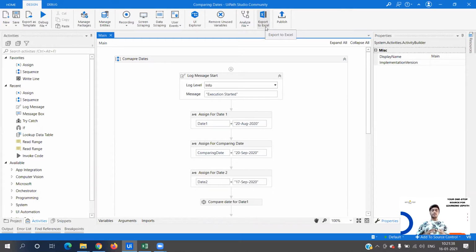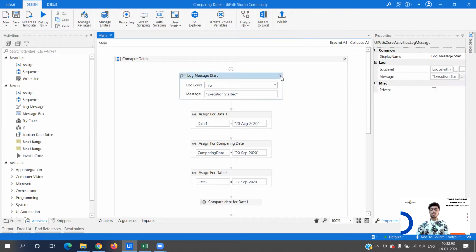Many times when working in an organization, there is collaborative work. Like a part of the workflow is built by someone else, or maybe the other part is built by someone else. For that, we have version control as well. But what if I want to get a clear understanding of that complete complex process, like which variables are created, what conditions are used? To understand them in UiPath Studio, I have to expand every time.